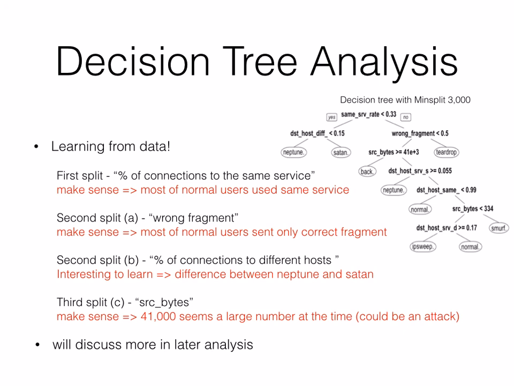We can also discuss the split on wrong fragments, because most normal users will only send the correct fragment. If a user continues to send wrong fragments, it might be a signal of an attack. So this is also an interesting thing you can learn from the data. And the second split is also much more interesting, because